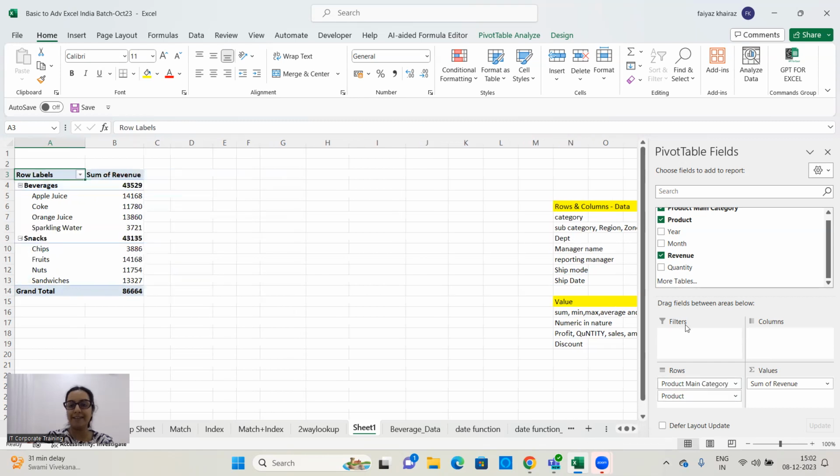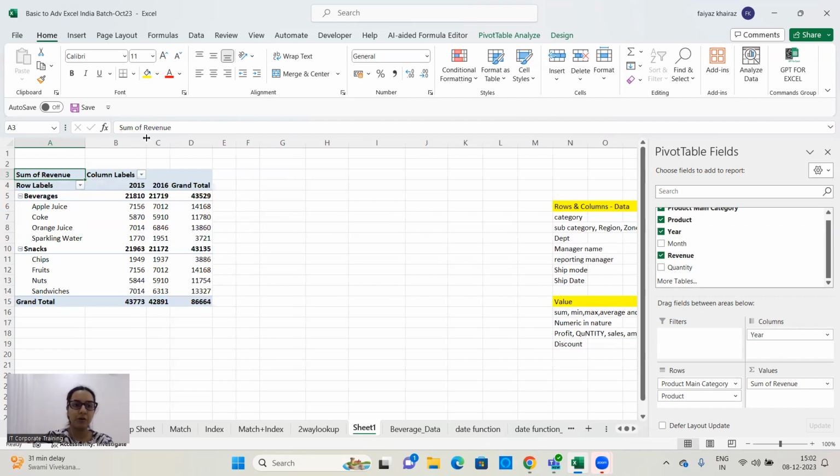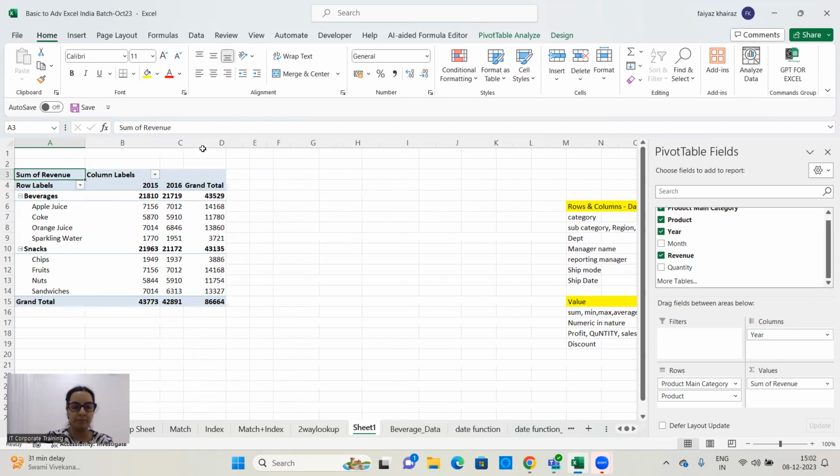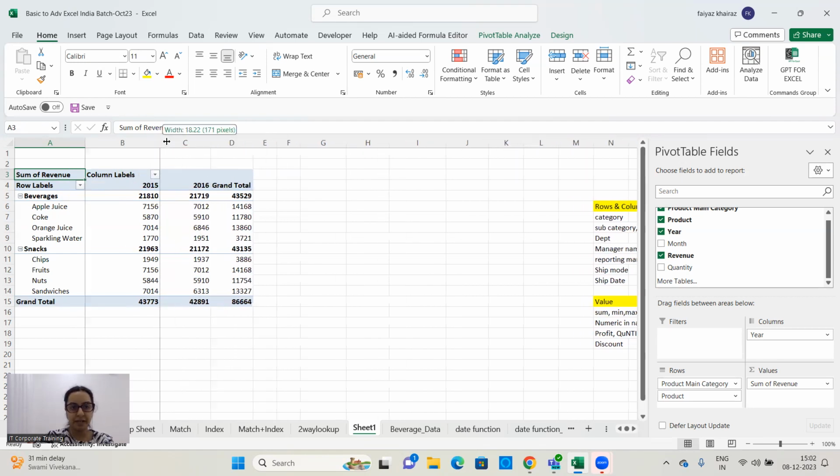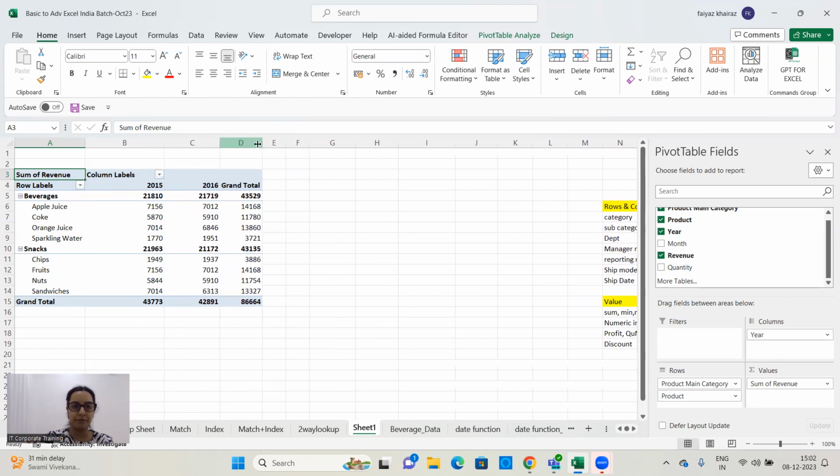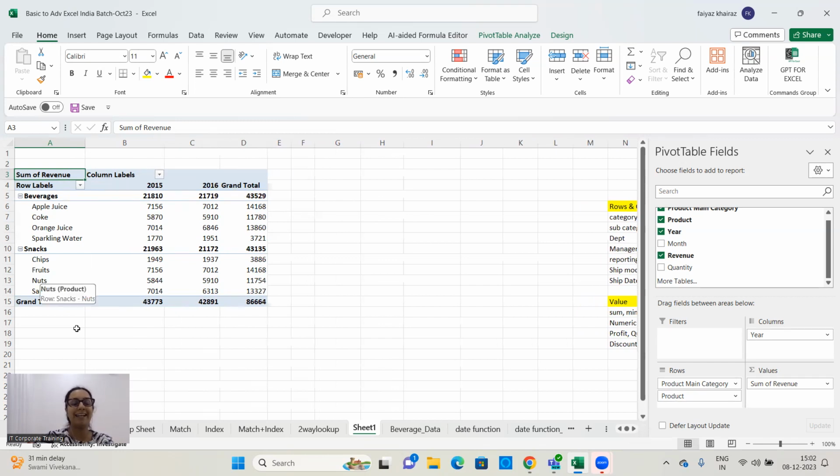Now, if I want to add regions also, I can come here. There are no regions in this, but there is year. So I can take the year. Now, by putting the year in the column shelf, I have the year 2015 and 16 over here in my column shelf. Now, if I would like to filter the data,